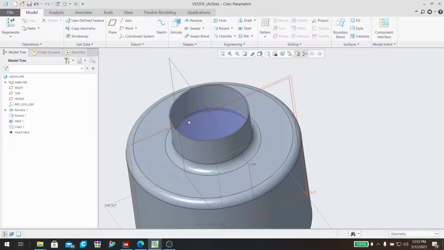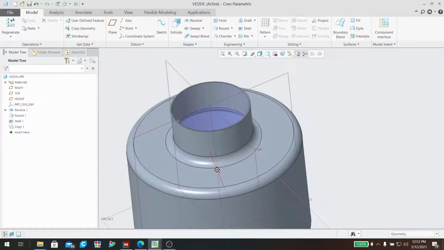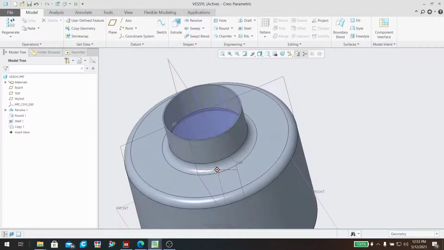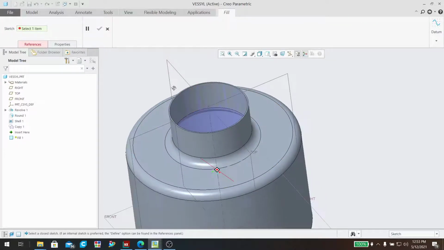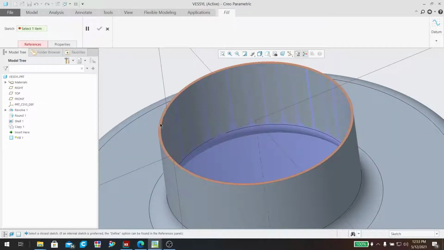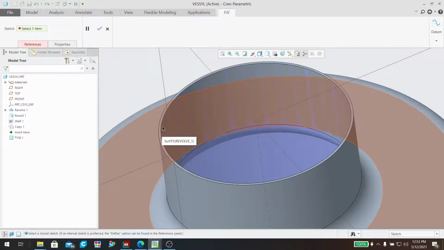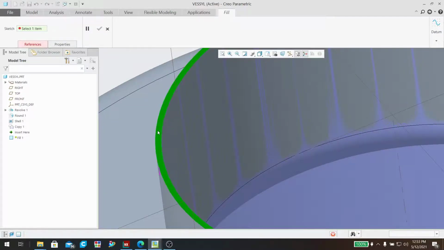With that being said, I want to create a flat surface that closes off this whole interior surface selection. And in order to do that, I'm going to use the fill command. Now, I need to create a sketch. Even though you and I both know that this curve is flat, it still will not let us create a surface from those curves. So I'm just going to choose this face here to sketch on,